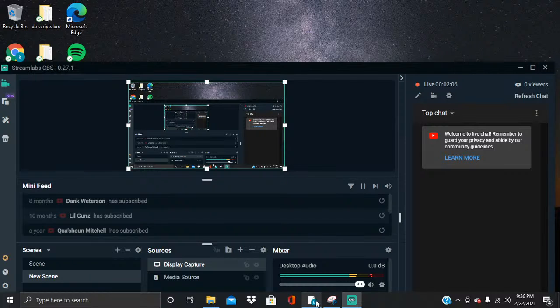The reason why we did that is because this is where we can play with some of our recording settings. The first thing that I want you guys to do right away is make sure that your output mode is on the simple one instead of the advanced one that you can switch to. And we're doing that because it works about the same, but we can avoid getting people confused with having too many settings